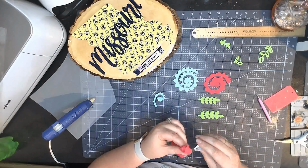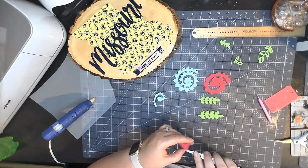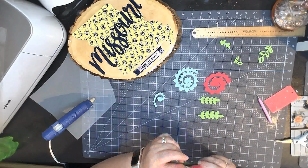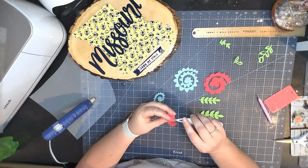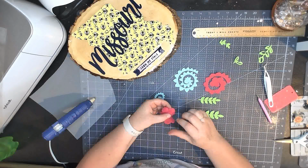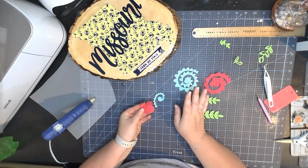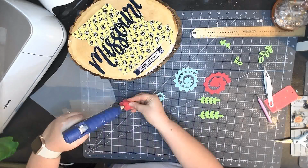So I have my hot glue gun warming up. You really want to keep them even at the bottom, so keep your bottom line lined up and your flower will look better in the end. So we're just going to keep going, and I'm all the way to the end here. So I'm going to take my tweezers out, and then if you want to kind of fluff it at all, you might kind of let go and let it do that. And then these I think are easier to glue than the paper flowers. But what I do is I just take my hot glue and